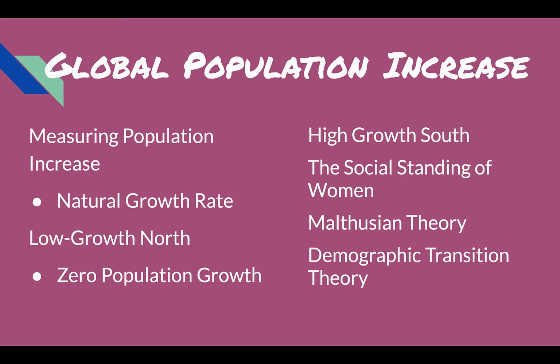So stage one is societies that have high birth rates because families depend on the labor of children and there's no birth control, right? So people have a bunch of kids because the kids aren't going to school. You're not paying 60 grand per kid for them to go to college. You're putting them in the field to work with you, right?